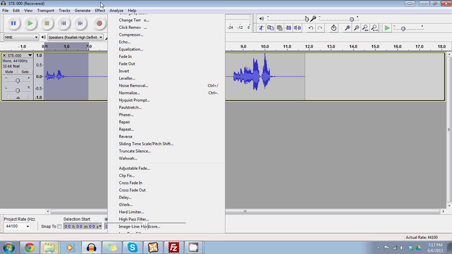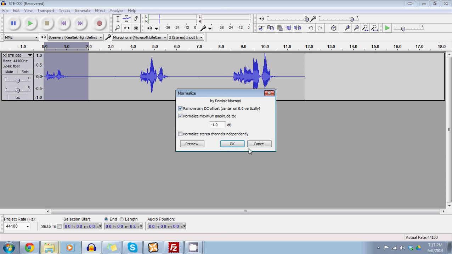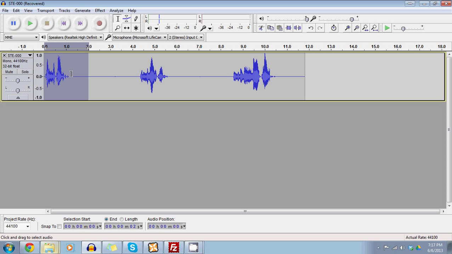We are going to highlight this first line here. Then I'm going to go to Effect, Normalize, -1 decibel. You don't want it too loud, you don't want it too quiet. By the end of it, everything's going to be pretty much even. I've noticed there's a little bit of mouth noise here. Perfect, great to